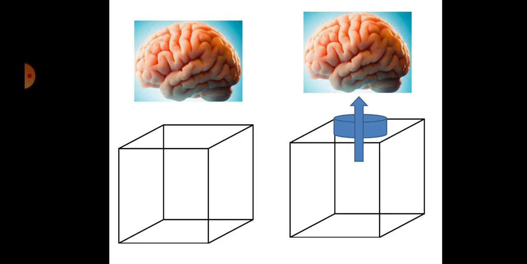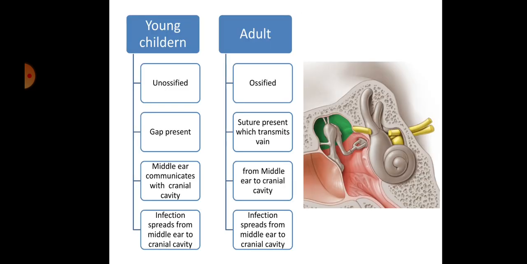Here you can see the two pictures I have shown. This is the roof, and the roof is connecting to the upper part, which is the brain. In one picture I removed the roof. Imagine there is no roof; then the middle ear is directly communicating with the brain. If the roof is covered but there is a small hole, through that hole it is also communicating with the cranial fossa or the brain. Next slide, I want to clarify this picture.